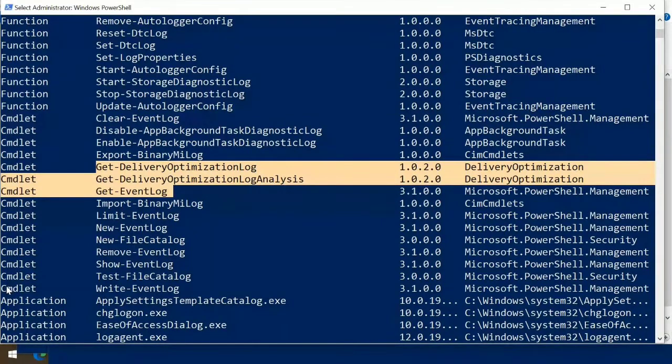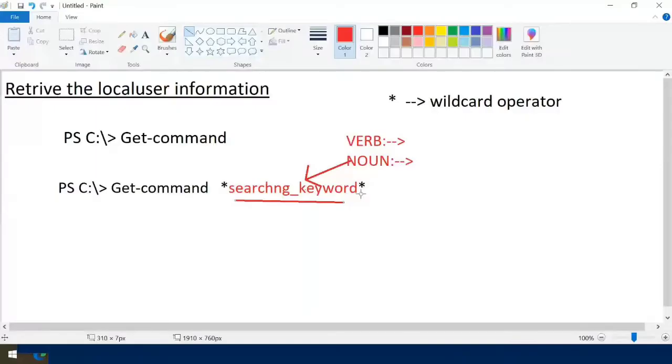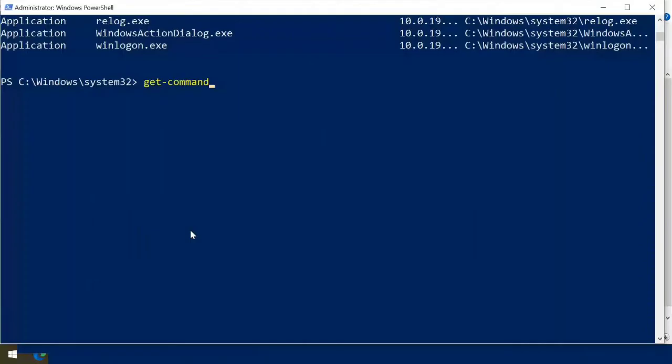Okay, when you know the searching keyword is nothing but the noun name, then you can search in this way: Get-Command wildcard, searching keyword, wildcard. The searching keyword should not have any spaces; you have to use it without spaces. If you have a space, maybe you may get that type of question, that you have to use the double quotes approach. One more concept we have to learn, but at this point,